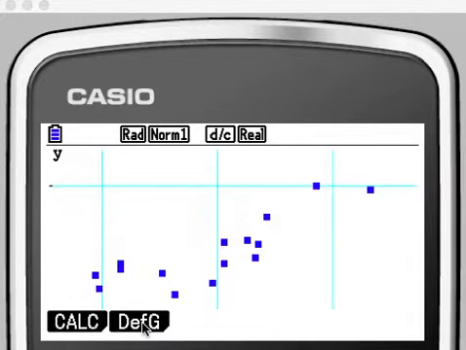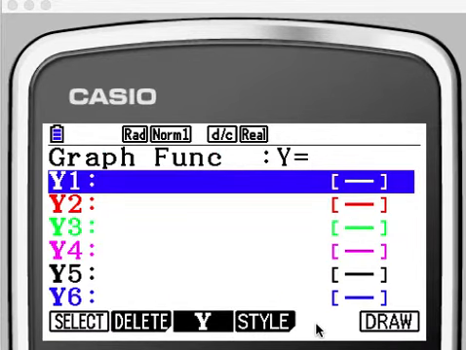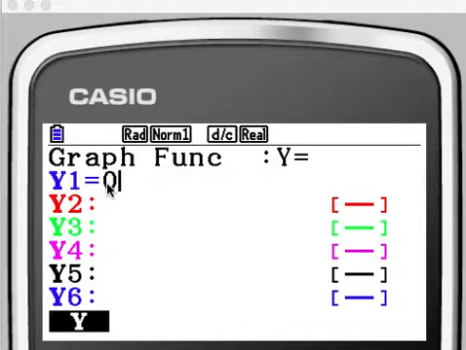So I'm going to press this DEFG key, which stands for Define Graph. It takes me to a graph menu, and in here I'm going to enter the values for our regression equation or trend line. The Y values are already listed, so I'm going to press